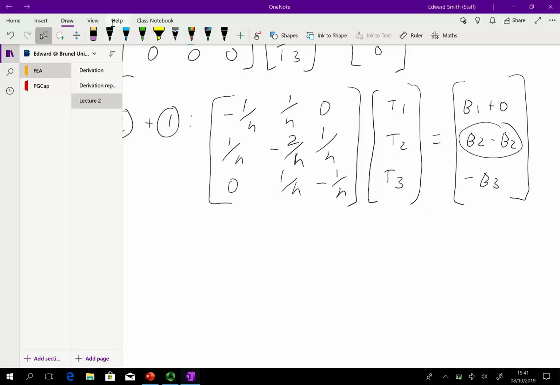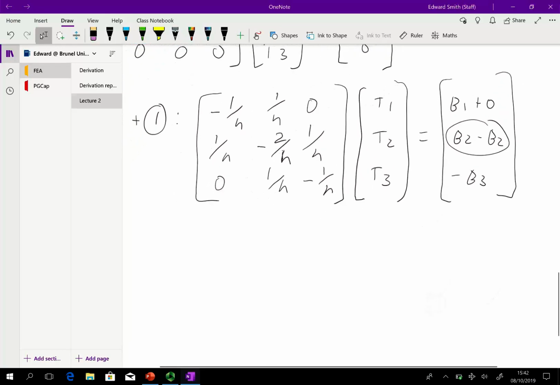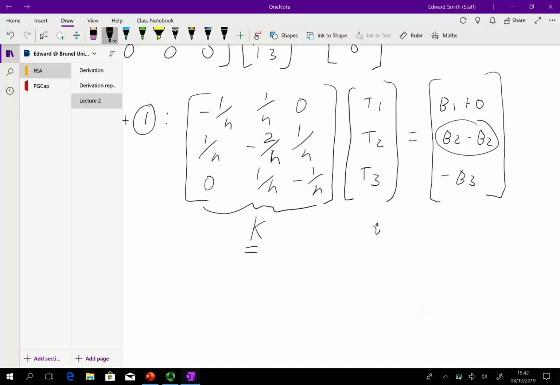Now, specifying these type of fixed boundary conditions can be a little bit tricky, but essentially what you end up doing is eliminating rows in the matrix in order to get the boundary conditions, and then you just invert the matrix in order to get the solution. So actually I think probably better just to stop there rather than trying to go through that, but